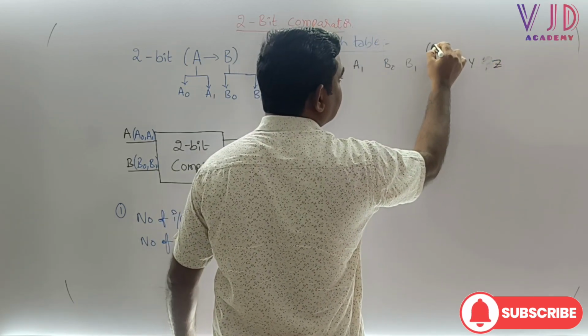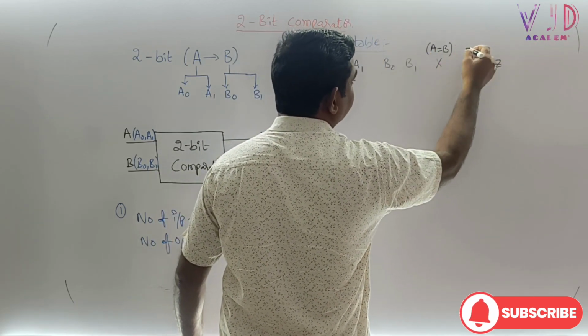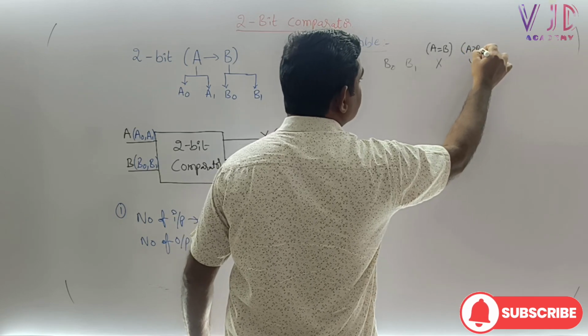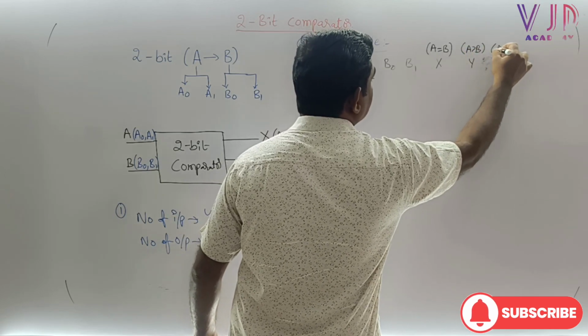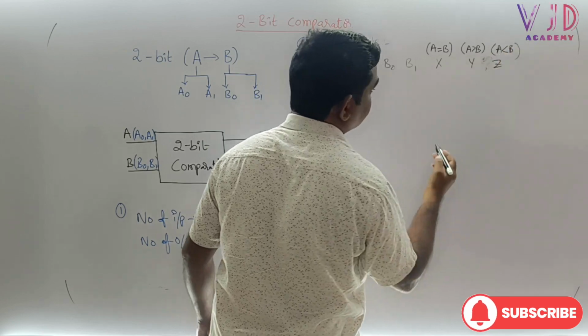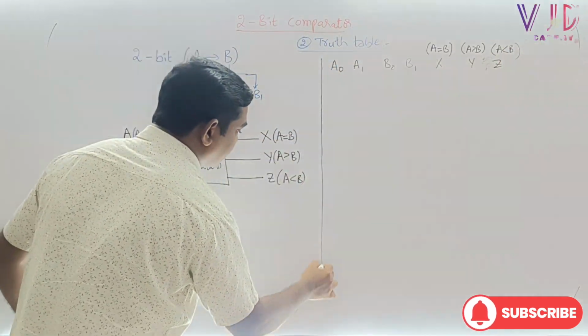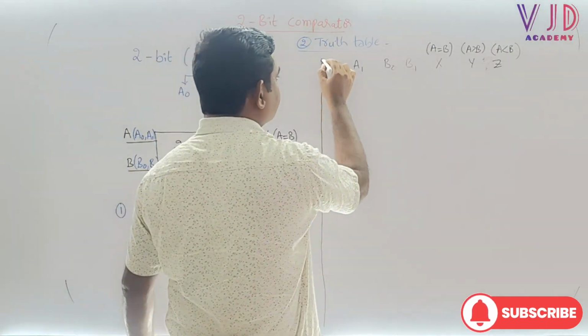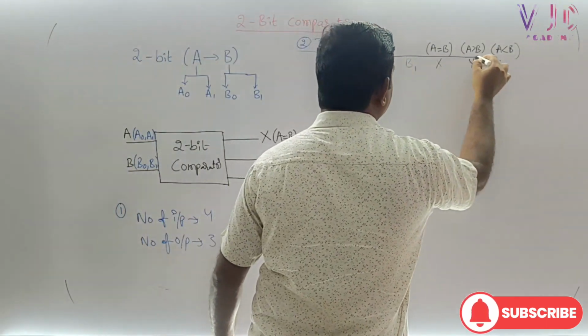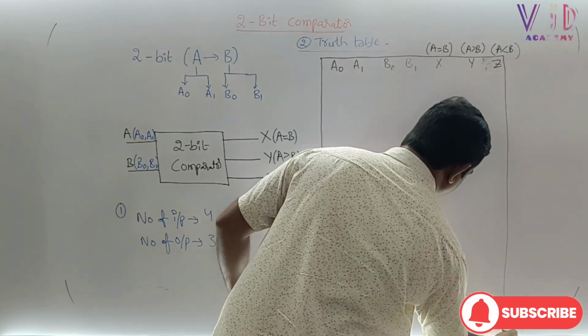What is X? A equal to B condition. Y is the A greater than B condition. Z is the A less than B condition. These are the inputs and outputs. Let me try to draw a truth table so that we will understand completely how a 2-bit comparator is working